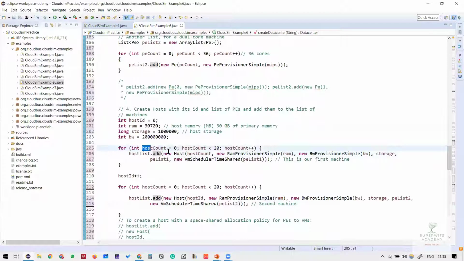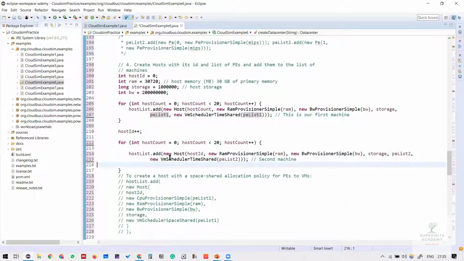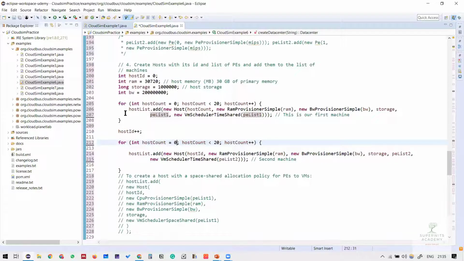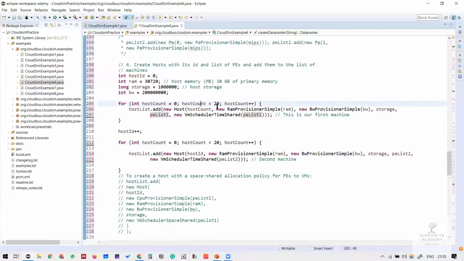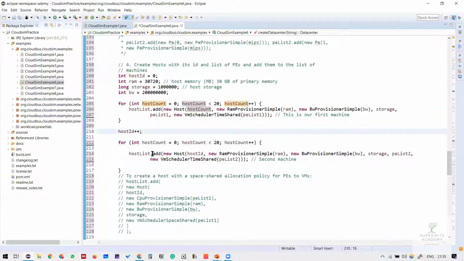Great. So here, if we look at this particular part, we have host count equals to 0, host count less than 20 for the very first host type. Whereas for the second host type, we also have to have host count, but it will not start from 0 because we have a host ID, right? So if my host ID for this particular set of list will be 19 for the last host, the next host should be starting from 20.